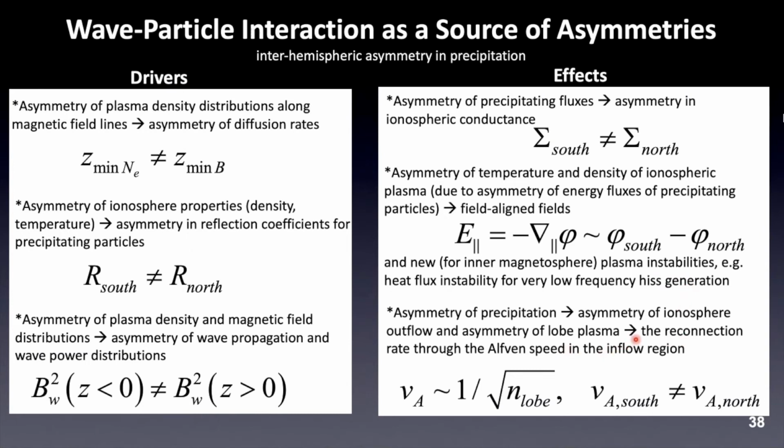And the third is that the asymmetries of precipitation trigger the asymmetries in the plasma outflow from the ionosphere. And why does this ionospheric outflow matter? Because it can change the lobe plasma density as well, and the lobe plasma density